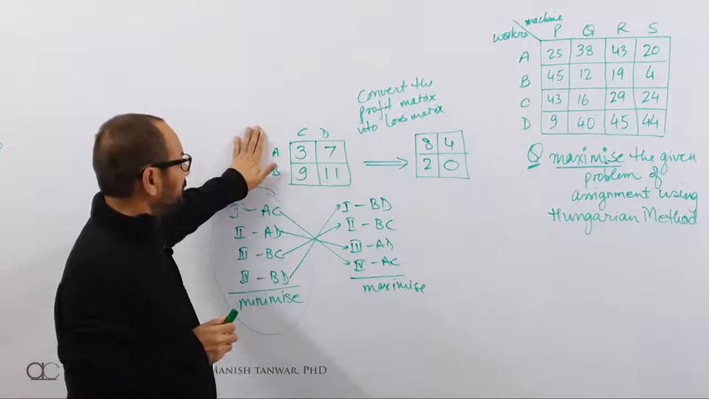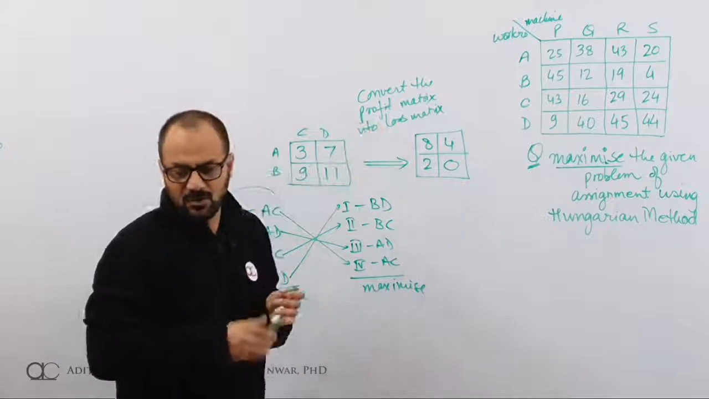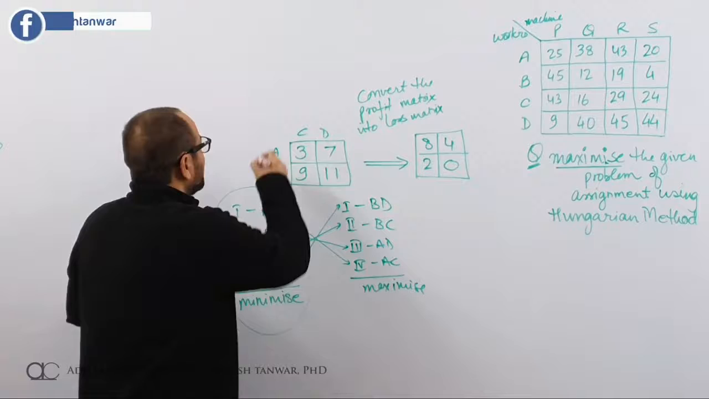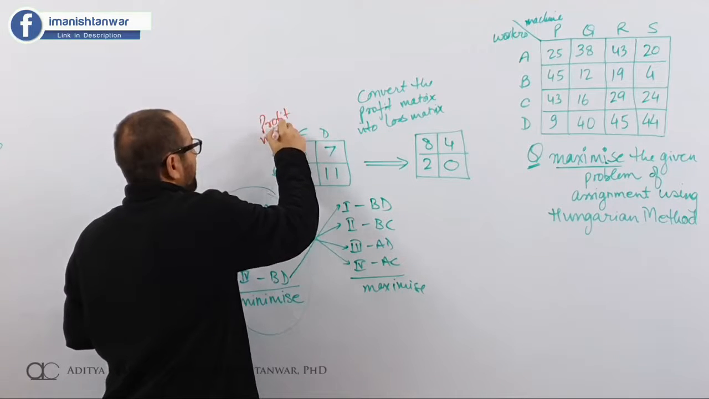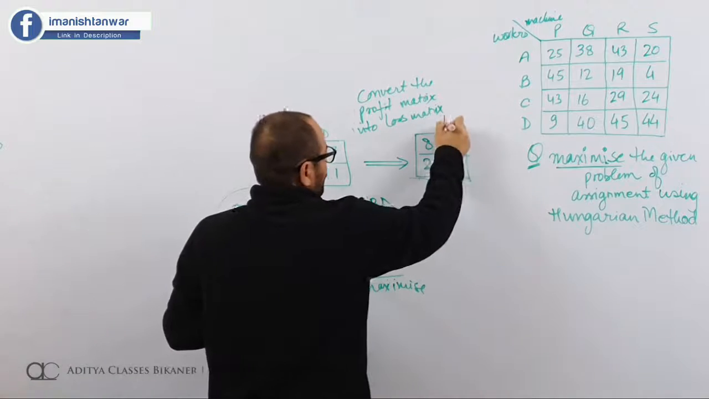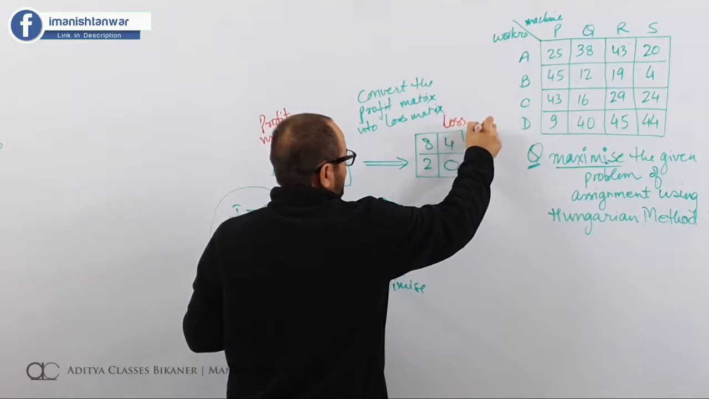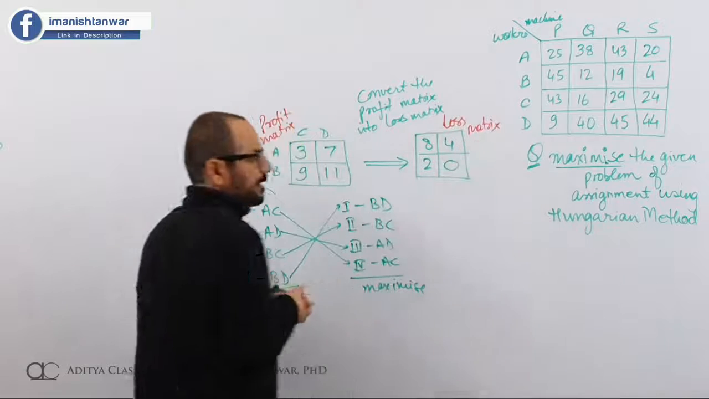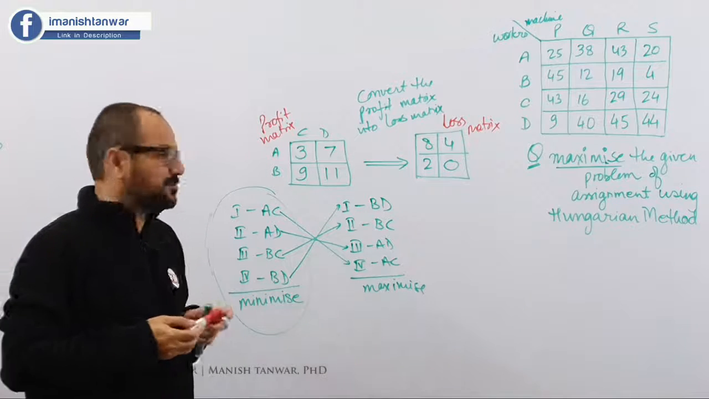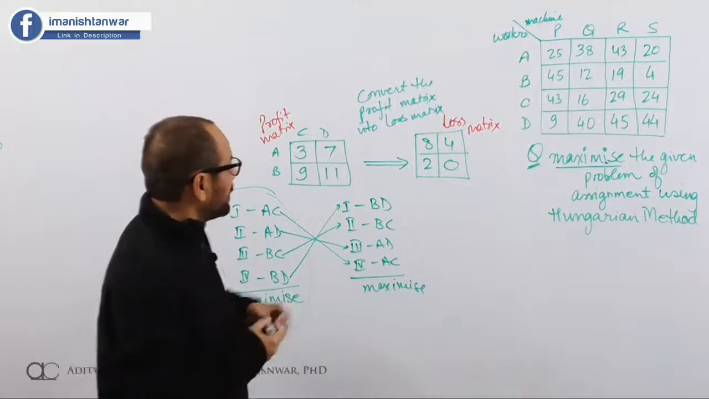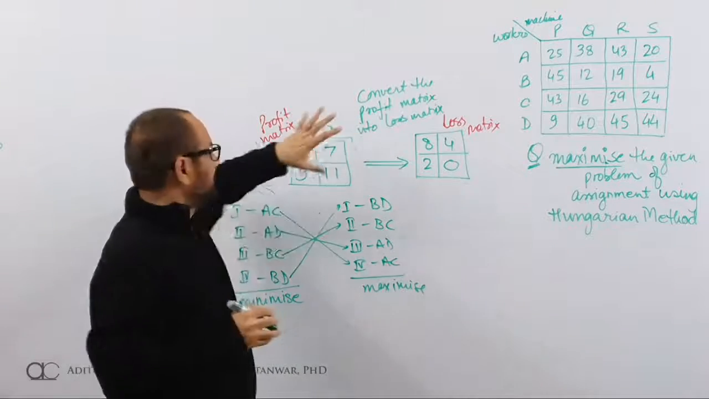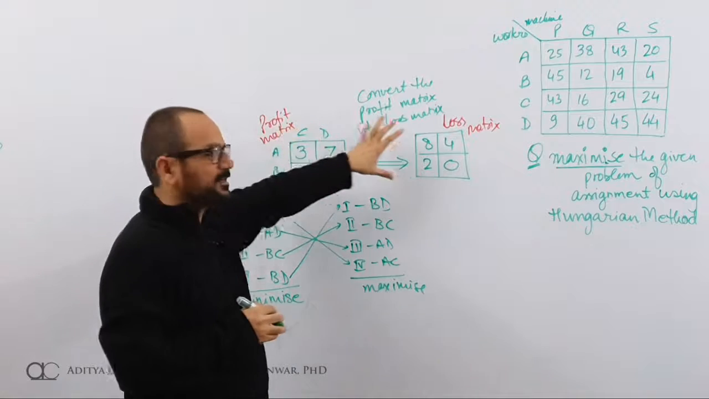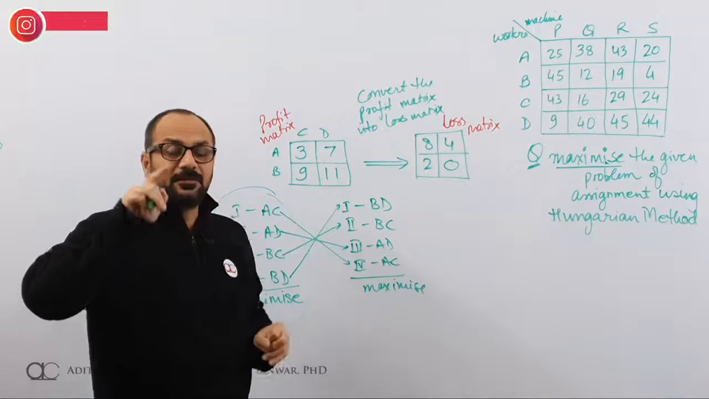So what I have done is I have converted the profit matrix into loss matrix. Let me call it profit matrix, and this is loss matrix. I have converted profit matrix into loss matrix. Now what I'll try and do is, I'll try to go for assignment. Suppose this is a new question. This was my profit matrix, I have converted into loss matrix. Now, if I talk of losses